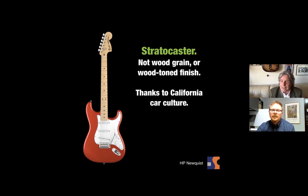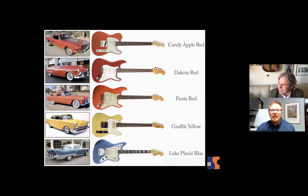And not only were they painted in a solid color, they were painted the colors of youth culture, in particular California car culture. Leo's company was in Southern California, where surf culture began. As guitarists came to him and said, we want to play your guitar, they were also like, hey, we're carrying this thing around in our cars. Cars are cool. We got woodies, we have surfboards. Guitars have to be cool too. So Leo, again, in his infinite wisdom,